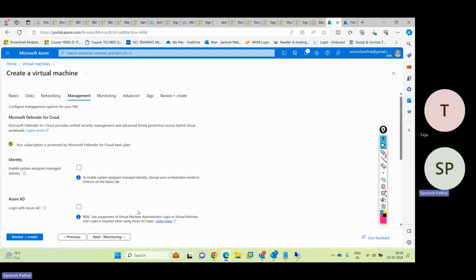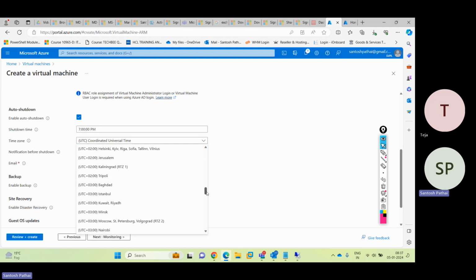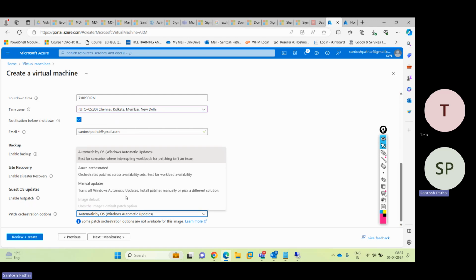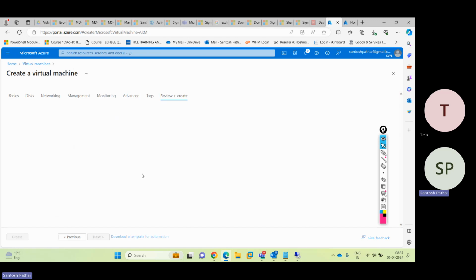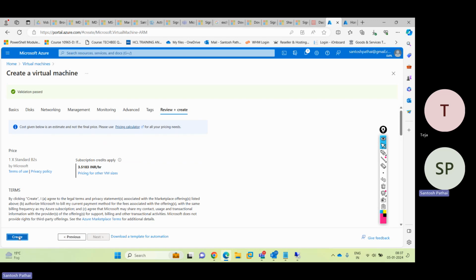We'll go to management. We'll change the time zone for auto shutdown to IST time zone. And for patch updation, we'll select manual updates and we'll click directly review plus create, and we'll deploy the virtual machine. So now it is going to deploy the virtual machine and it is, sorry,